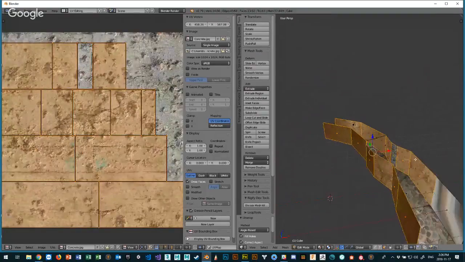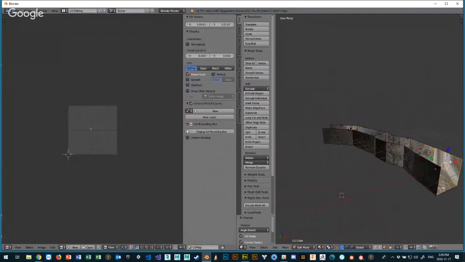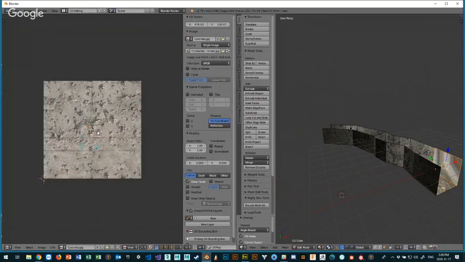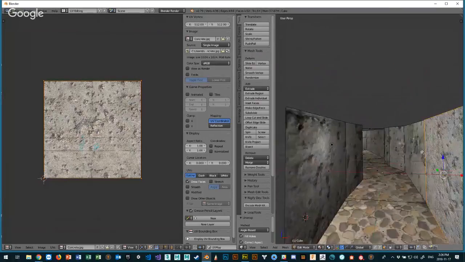Right? So if I look here, and what happened over here? Look. So these ones maybe will look okay, but what about this one? That's still, I missed that one somehow, right? So let's go back to that one. Go to concrete. Go to unwrap. Unwrap, and then I have that one, and you can see that if I unwrap each individual one,